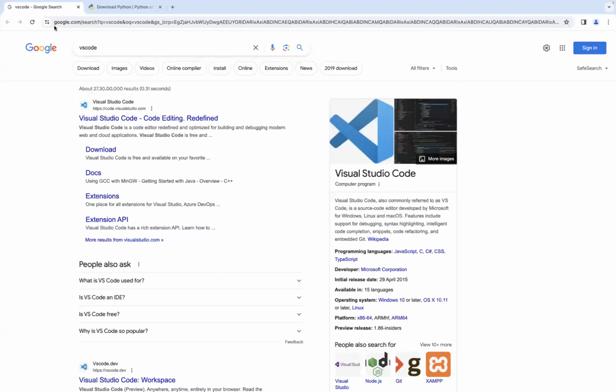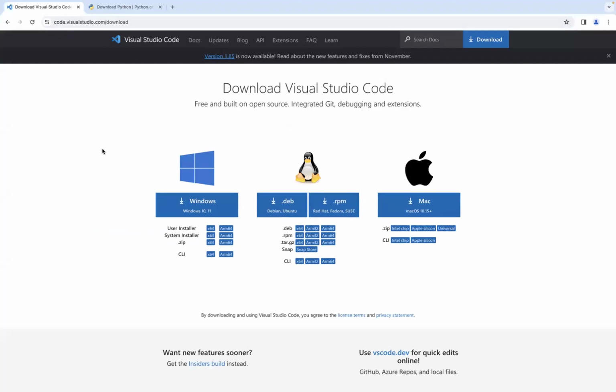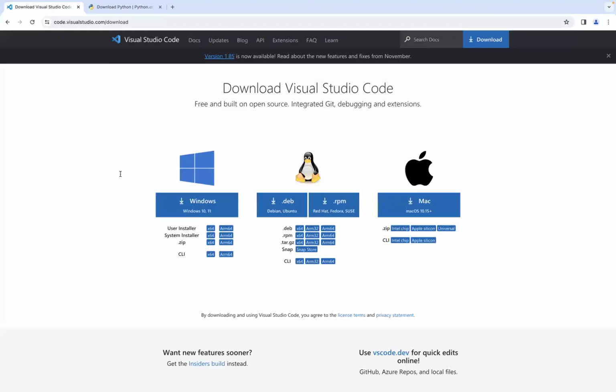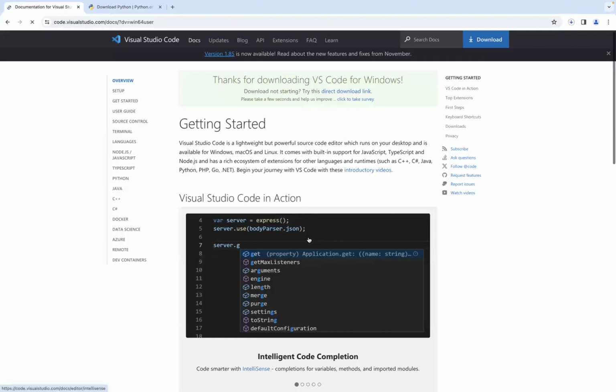Next thing is, you can just go to Visual Studio Code and click on download. This would be very easy compared to Python, because Python asks you for multiple things, like the path and whether you want to use this environment. But with Visual Studio Code, you click on Windows download, it starts downloading, and you press next.